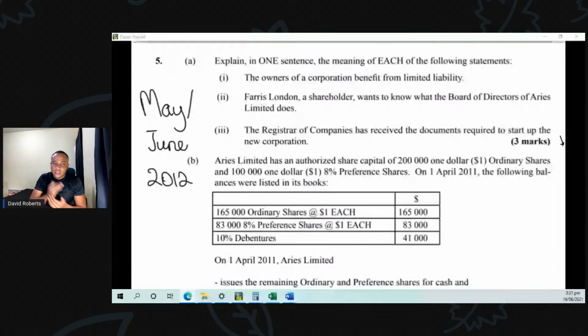So we have Aries Limited has authorized share capital of 200,000 $1 ordinary shares and 100,000 $1 8% preference shares. On the 1st of April 2011, the following balances were listed in its books. So we have, as at April the 1st, 2011, they would have issued 100